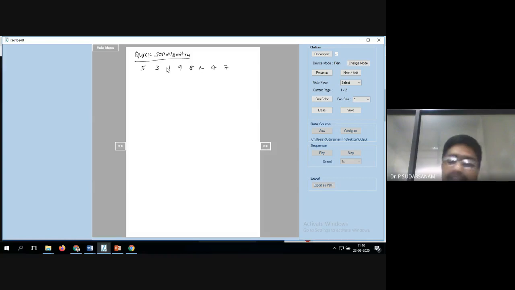Next, reorder the list so that elements less than the pivot come before the pivot, and all elements greater than the pivot come after it. Suppose I take 5 as the pivot: smaller elements go to the left-hand side and greater elements to the right-hand side.